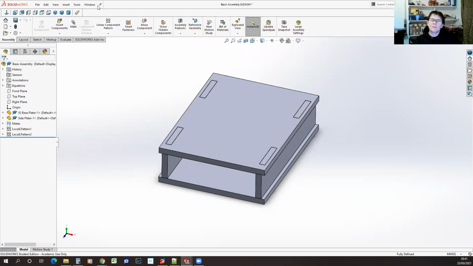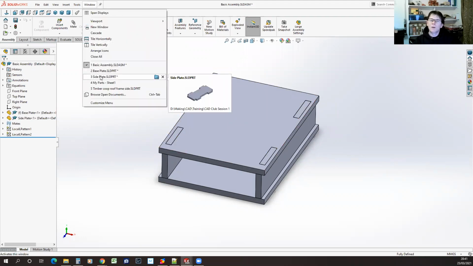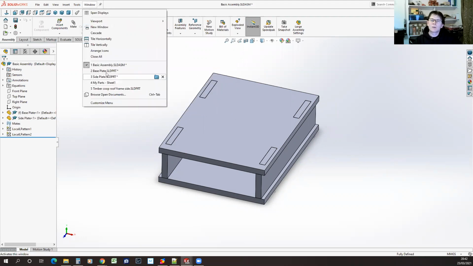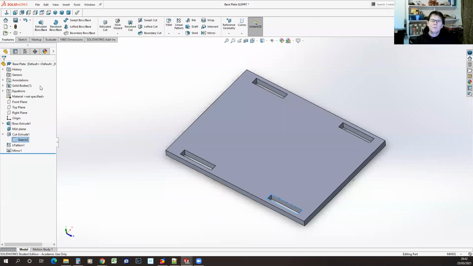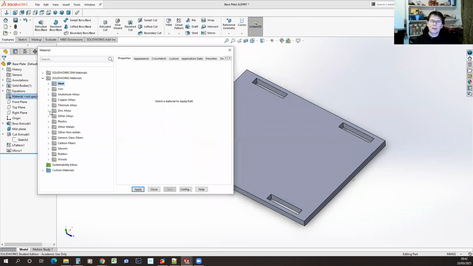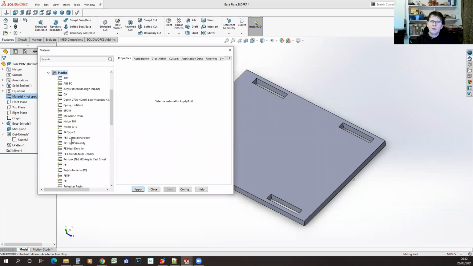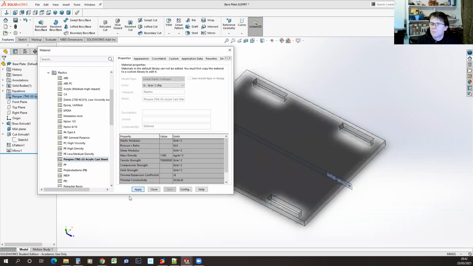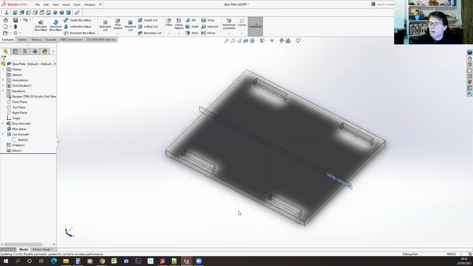We've decided that this is all going to be acrylic, and I can do it at the part level or at the assembly level, but let's start with the parts. So my basic plate, you can see it's got a material item in the tree. If I right click and say edit material, then there's a whole library of materials, and we're going for acrylic, so it'll be in the plastics. There's a medium high impact acrylic, but there's also perspex, cast sheet. So if I pick that, click apply,